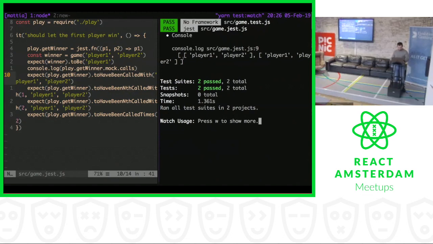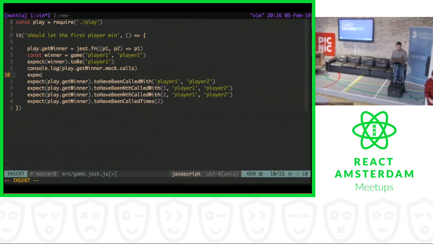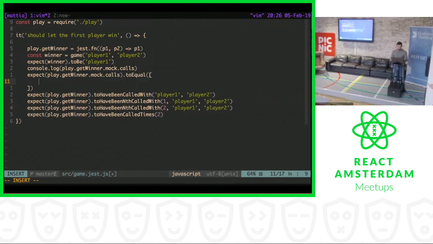So we can actually swap these 4 assertions with just one of them, because we know that we can expect that the play.getWinner.mock.calls has to be equal to an array which has a player 1, which has a player 2,